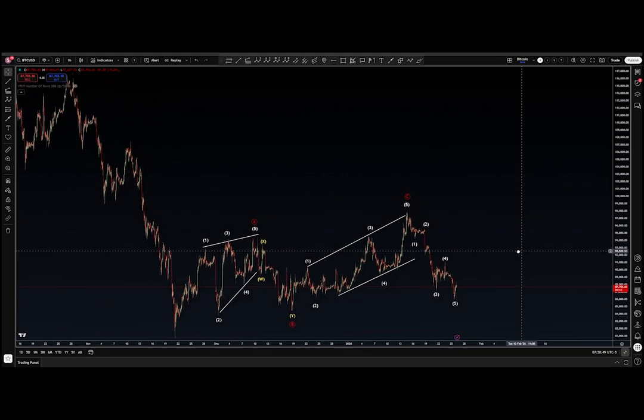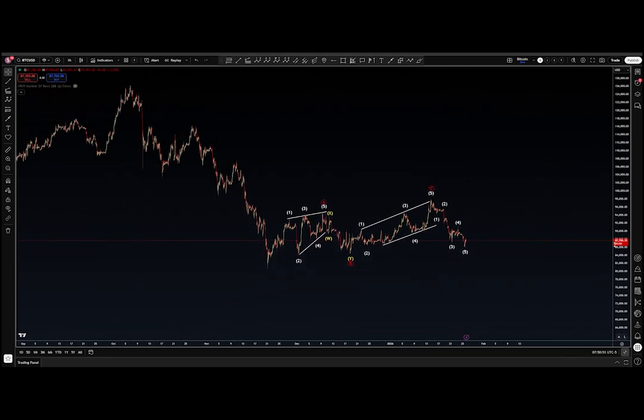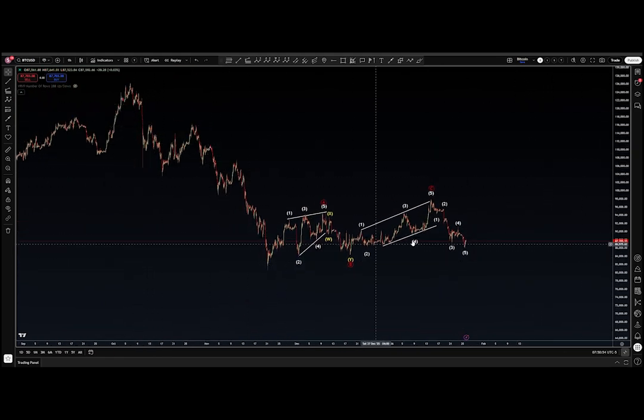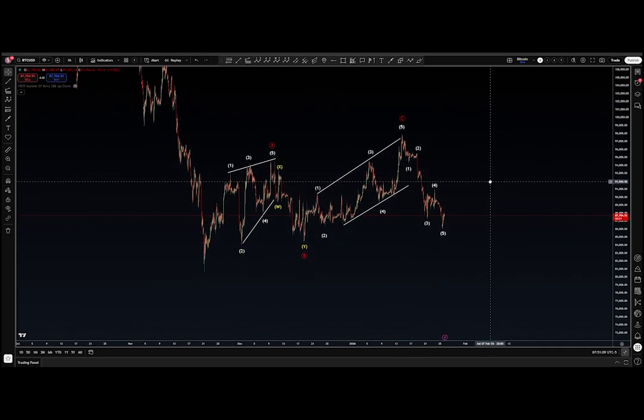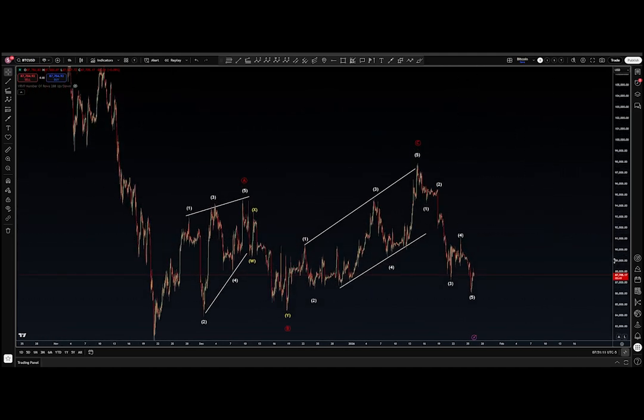There is a world in which it could be a truncated wave to end this whole decline. It's not really what we think. If it is a truncation, I would expect that we reverse price the entire length of this air quote truncation very quickly before the end of this week. Don't expect that to happen. That's what I would expect to see if it were a truncation.